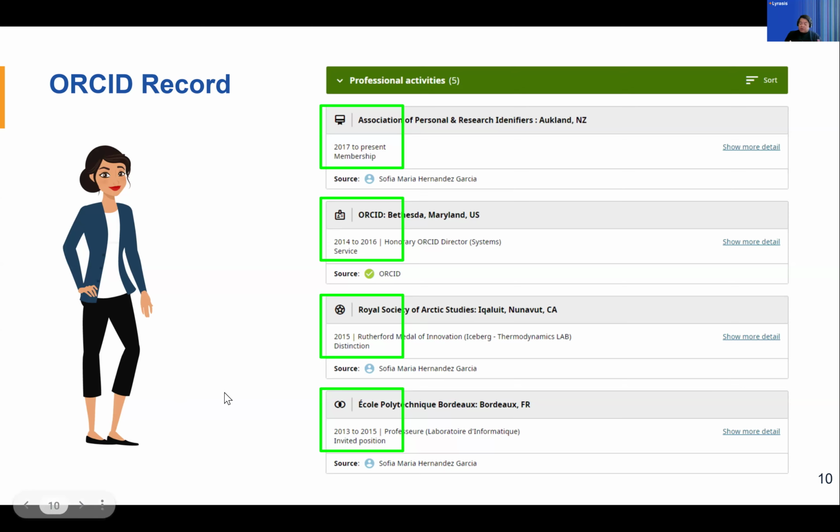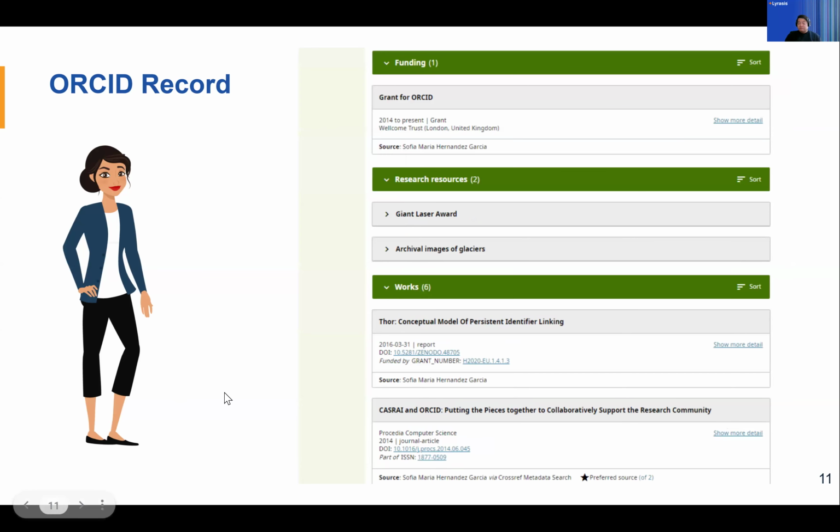Now, if you scroll down more in your ORCID record, you will also see information about funding. So funding that you've received from, say, NIH, American Heart Association, all of those things. There's also what we are calling research resources. Research resources, you can think of it sort of like laboratory equipment. It could be a special and rare collection of books, for example. So organizations, if they have an ORCID integration or the capability of writing to ORCID, they can write that information in somebody's ORCID record.